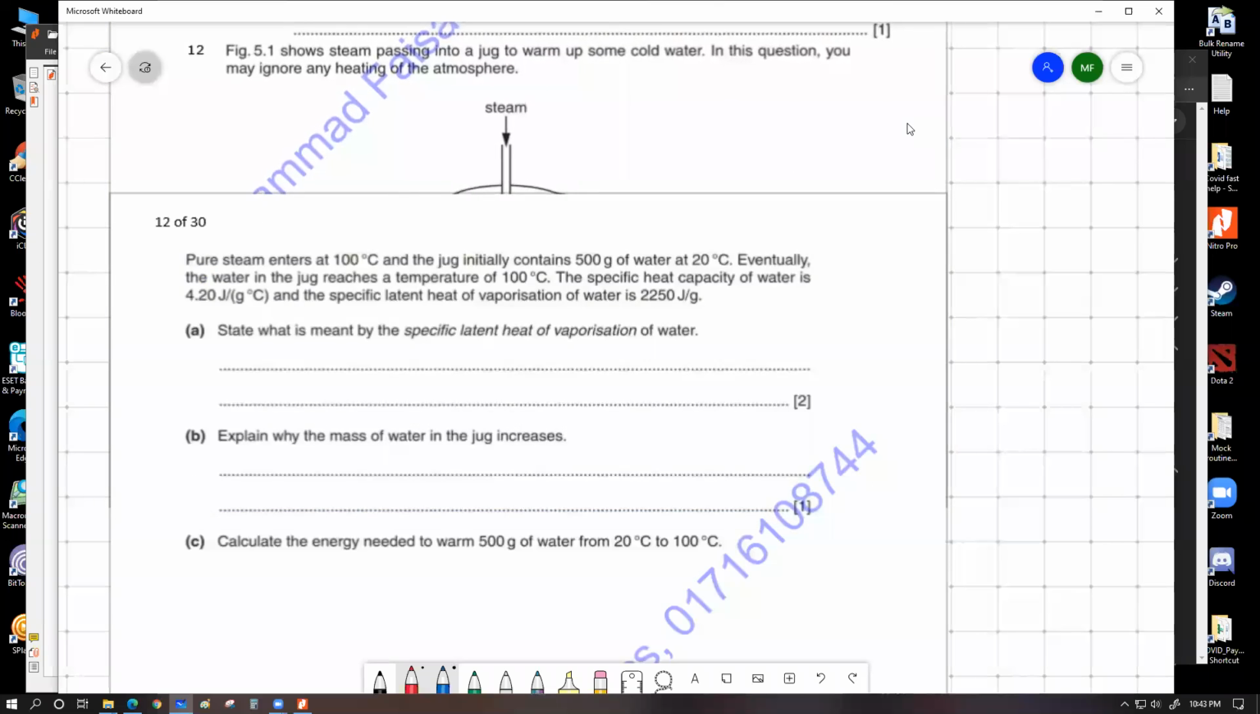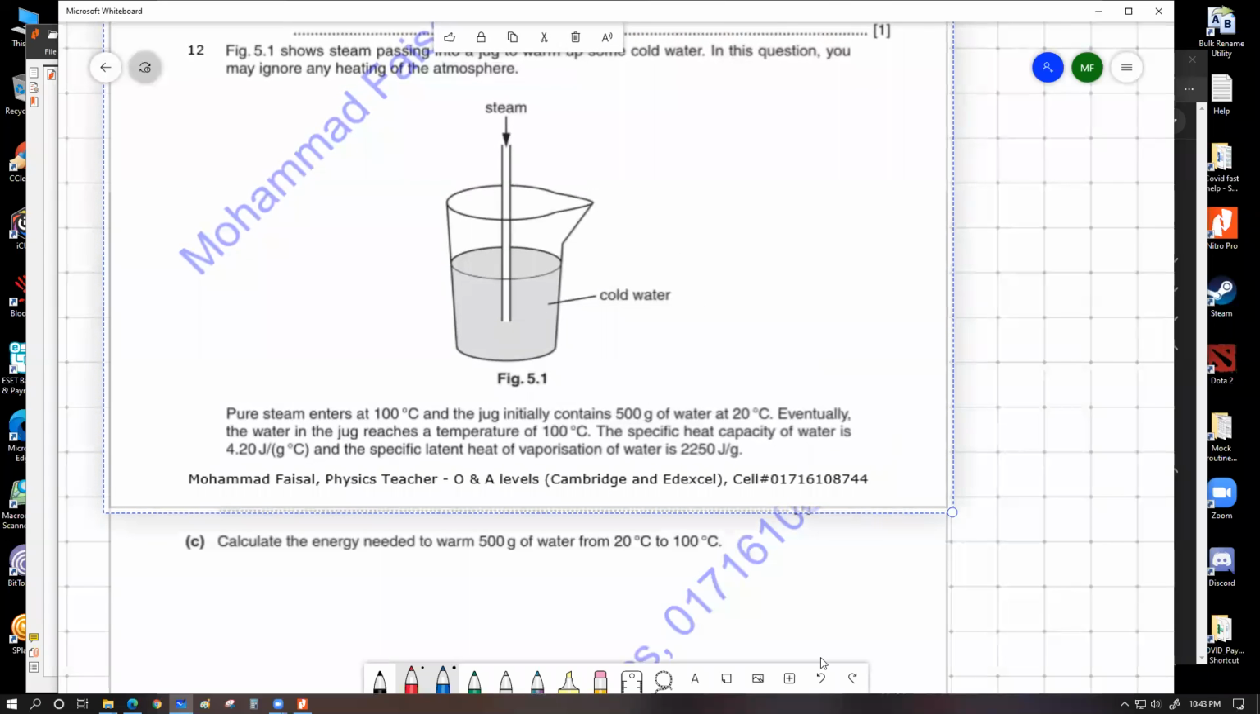What is this? Never mind. I have to keep it selected. So,